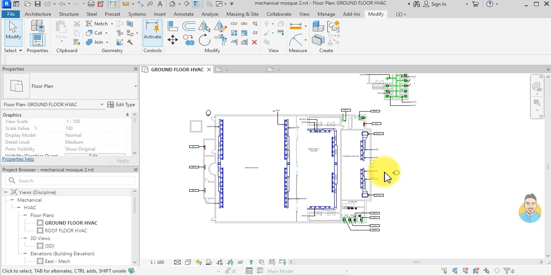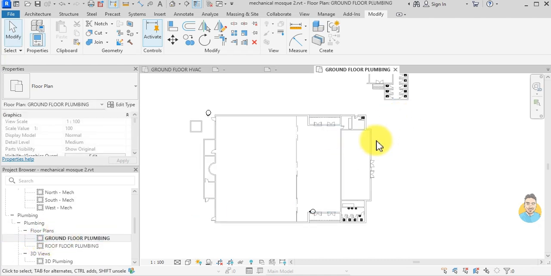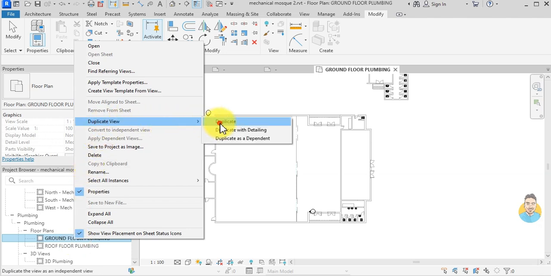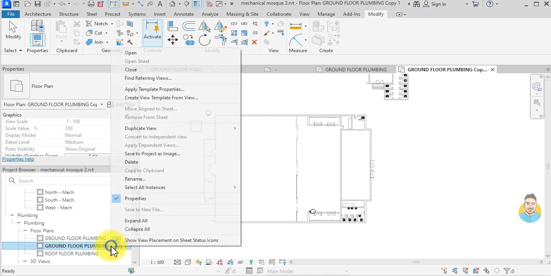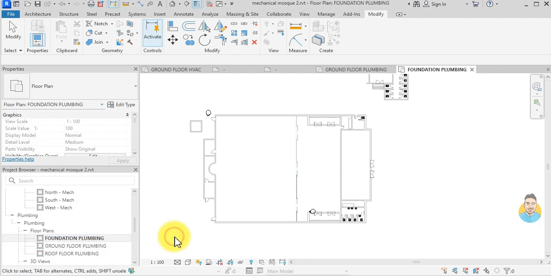Next step is plumbing. I can go to plumbing, ground floor plumbing. I can rename it to, or duplicate, and I can rename it to foundation plumbing. I remove this copy. This is foundation plumbing, and I go to my